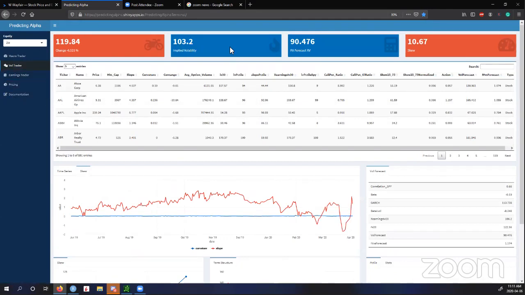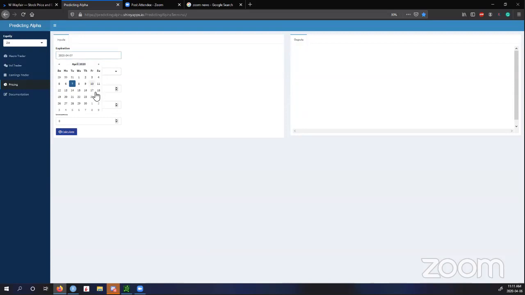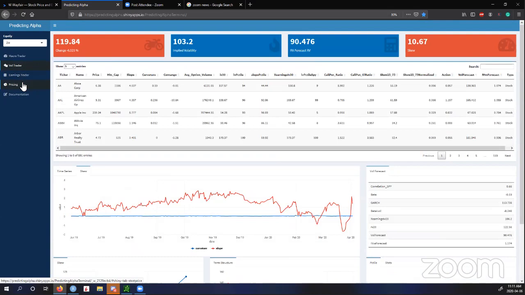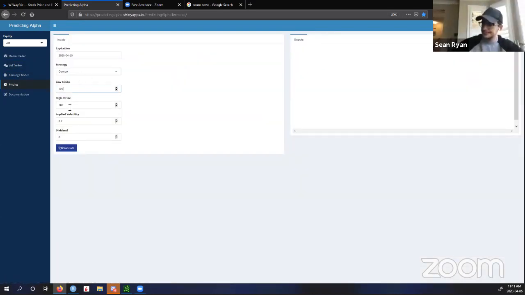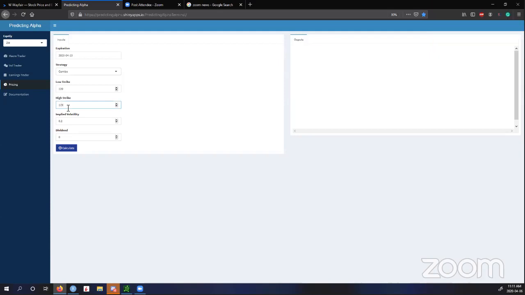So the implied volatility is 103. We can quickly come over here. Let's say we wanted to do the April 9th, April 10th. If we wanted to sell the straddle, for example, what's it trading at? 120? Is it trading at 120? Yeah, 119.75. So if we wanted to sell the 120 straddle, the market is implying